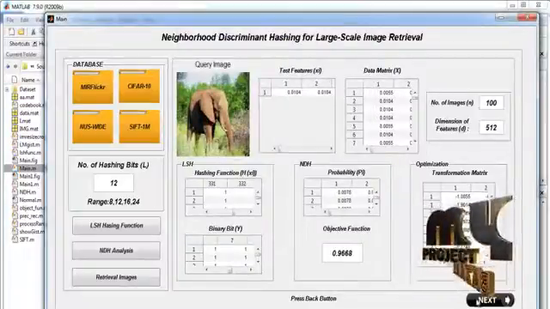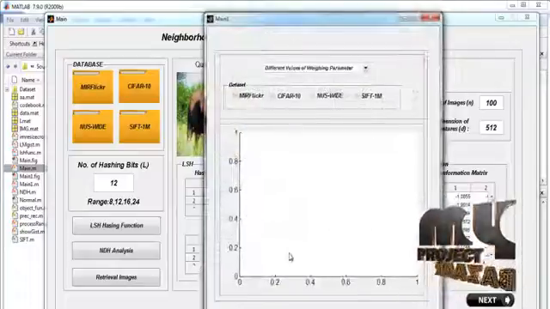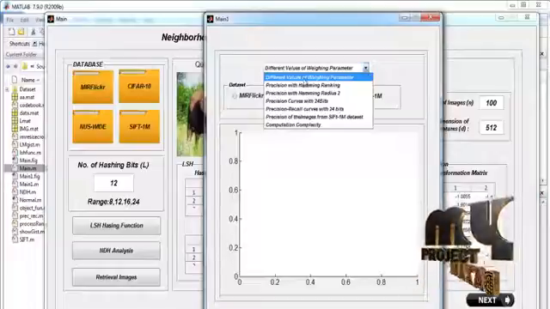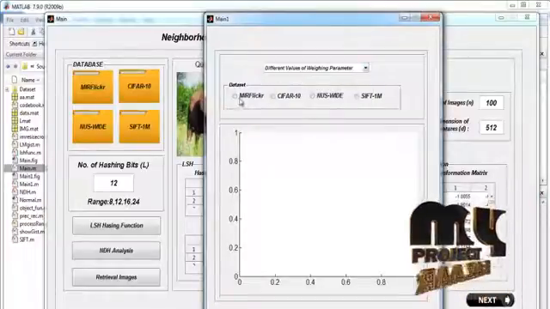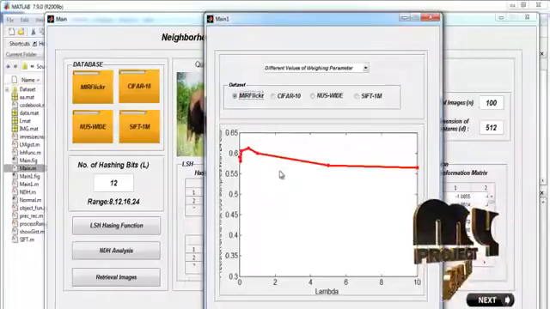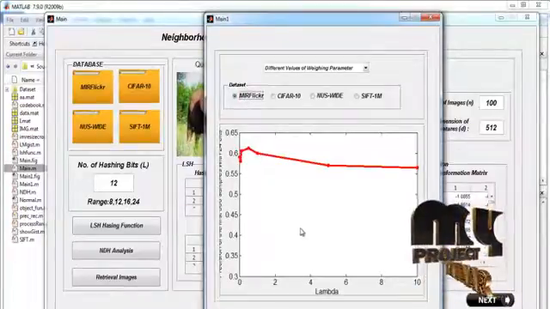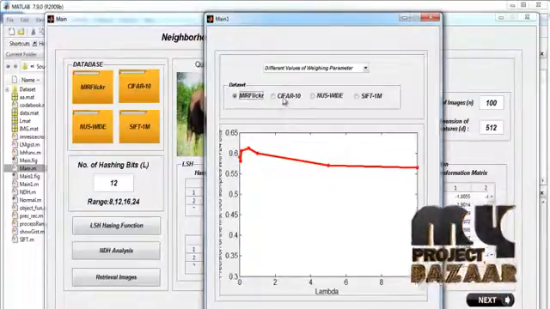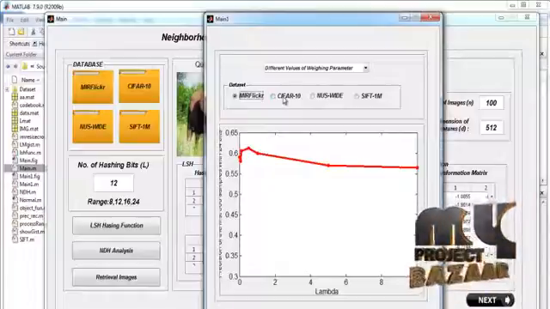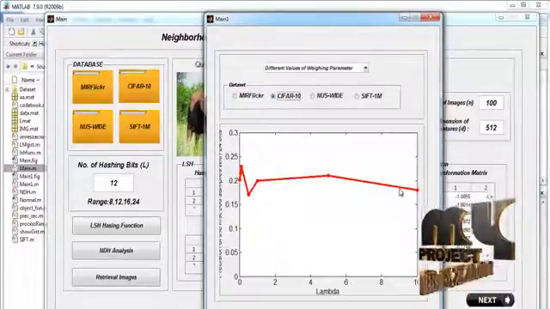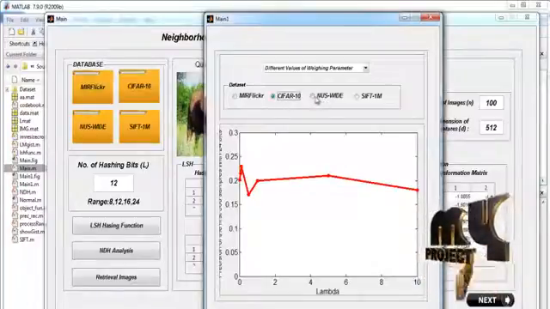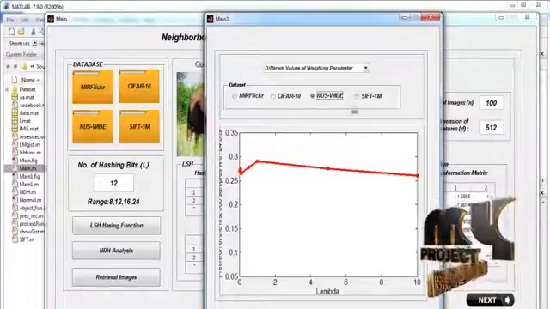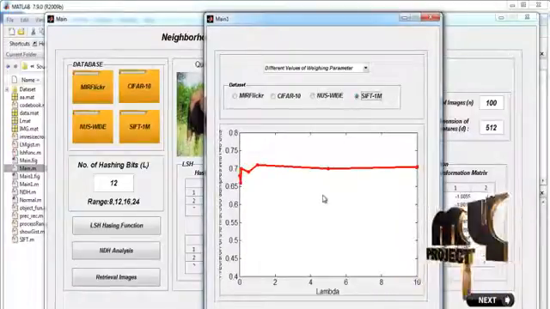Now by pressing the next button, we go to the performance analysis graph. Here we select different values of the weighting parameter and choose the MIR Flickr radio button. We obtain the graph for different values of the weighting parameter, and by selecting the CIFAR dataset, we obtain the different values of the weighting parameter for the CIFAR dataset, and by selecting NUS-WIDE, we obtain the NUS-WIDE graph. Also with the SIFT1M function, we calculated the